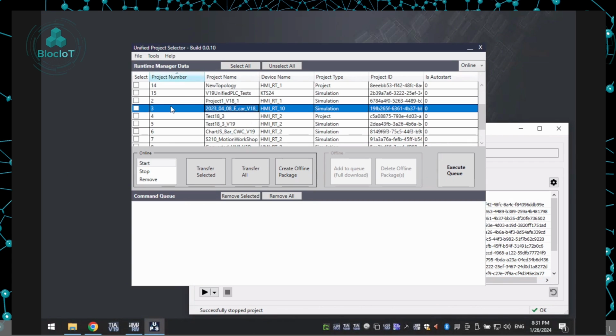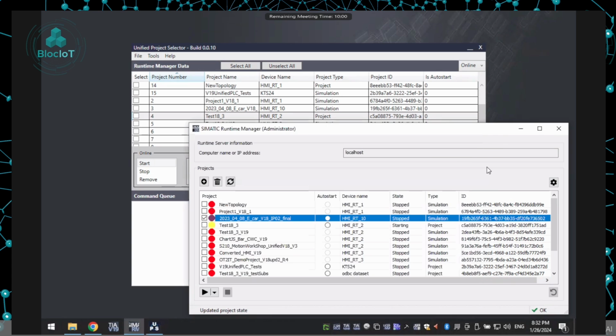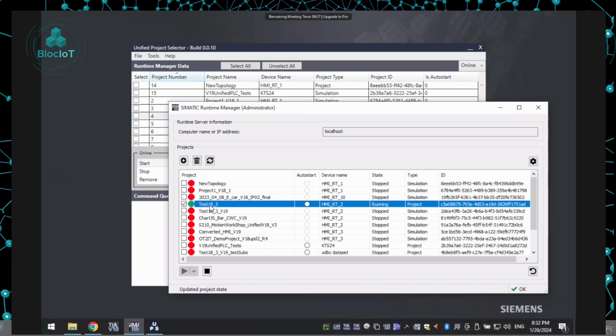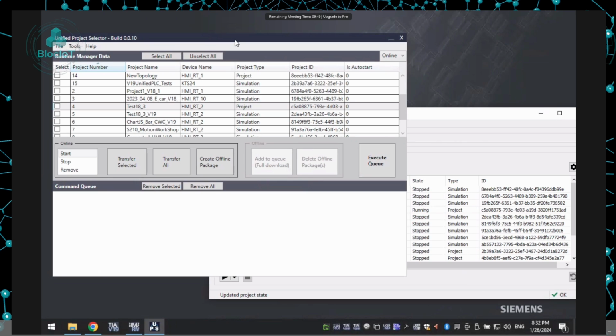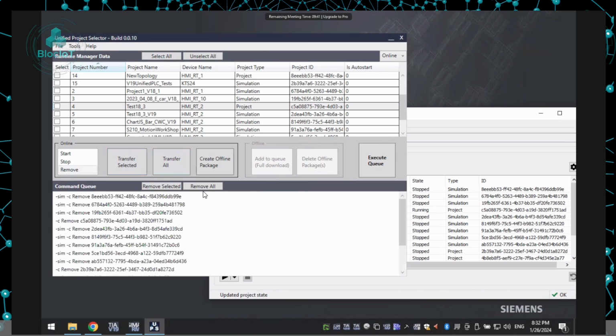So with Project Selector, as I said, you can do all the basic functions that you want. So if I would like to start a project, yeah, I can take that one, for example. I select the projects, select a command that I want, and I just transfer the command. And then I can build a queue if I need to build a queue. In that example, I will just send a single command and it will start my project for me. You don't need to use UPS for basic stuff, right? You need that for, as I said, if you would like to delete everything, you could just remove everything from there